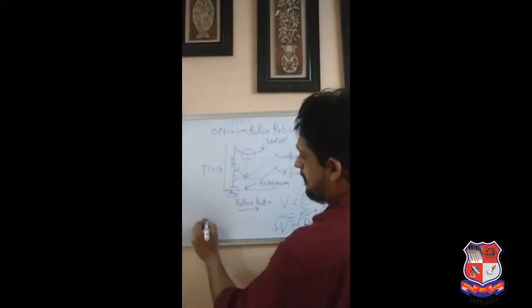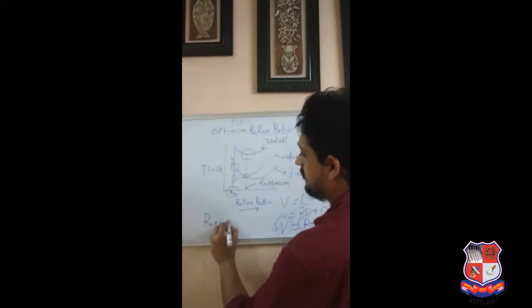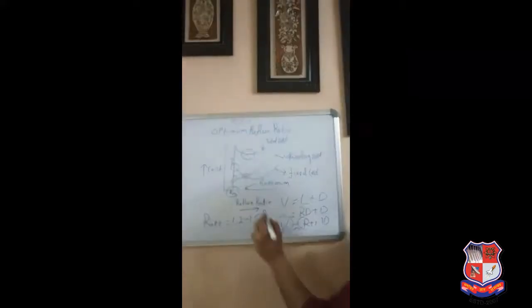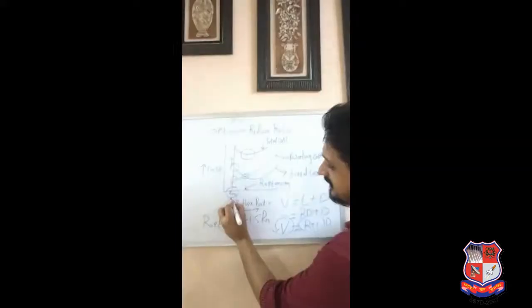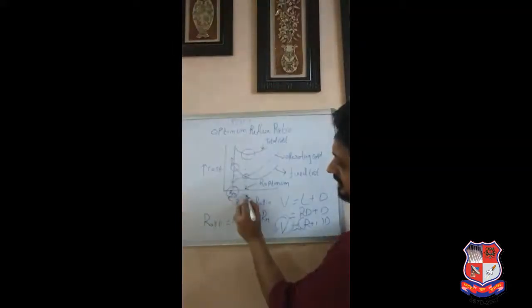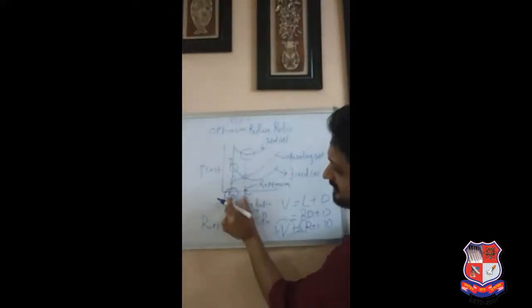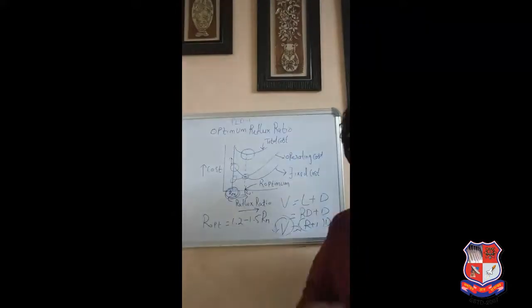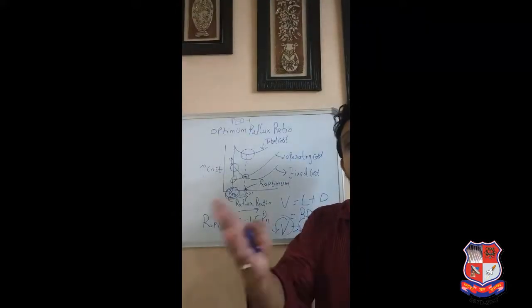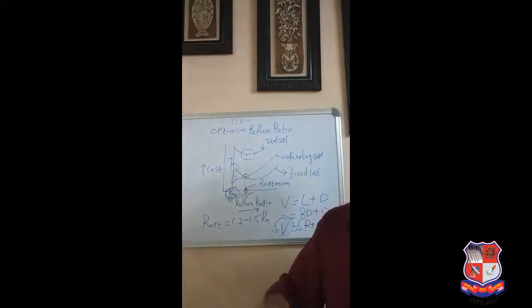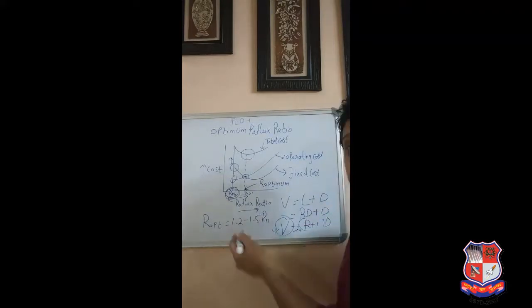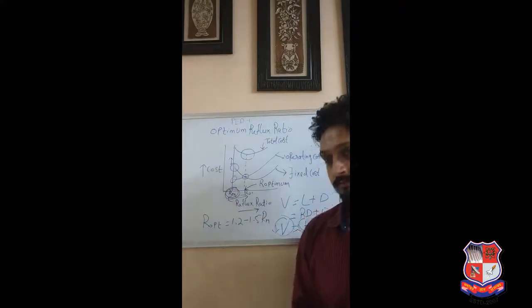And we always say that for hydrocarbons, the optimum reflux ratio is 1.2 to 1.5 of the minimum reflux ratio. This is the optimum reflux ratio. So it is this distance only. This is the minimum reflux ratio and this is the optimum. This distance is 1.2 to 1.5 of the minimum reflux ratio. That's why we always say it is 1.2 to 1.5 times the minimum reflux ratio. But other than hydrocarbons, for difficult separations, this can be higher also. It could be higher than 1.5 also. Thank you.